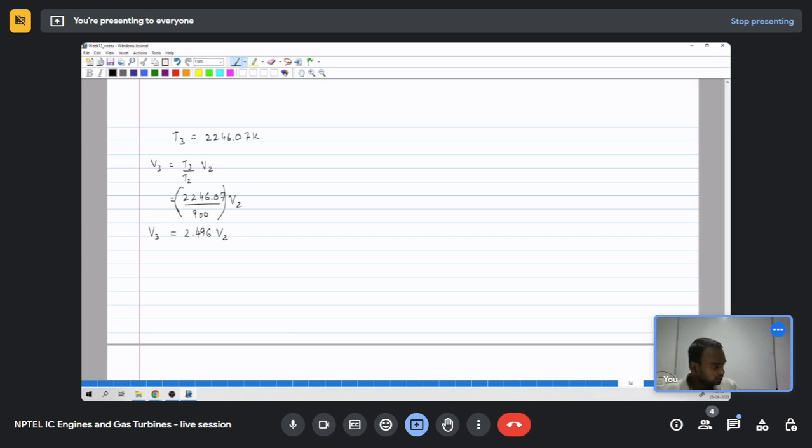And we know Vs is equal to V1 minus V2, and that is V2 into V1 by